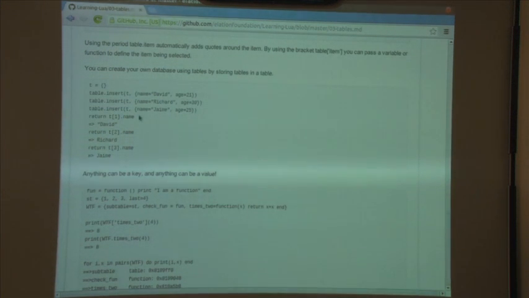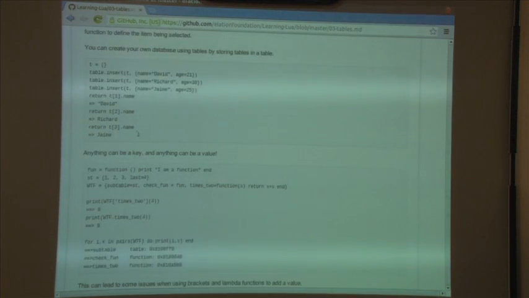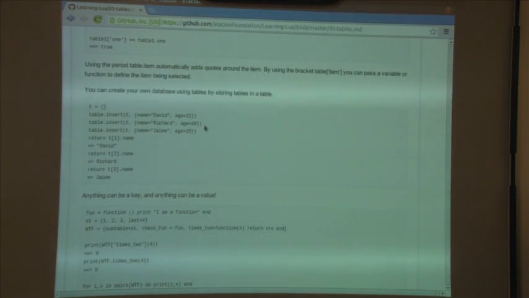We can also store tables in a table to make a database. I stole a lot of this from the guy. Sorry, what are the return values for David and Richard? Why is David in quotation marks? I think I typed that wrong, or he typed that wrong. It shouldn't be in quotation marks. On the command line, a string is always going to be passed back without the quotation marks. Even though it's actually being passed back with the quotation marks, it just doesn't print that way,